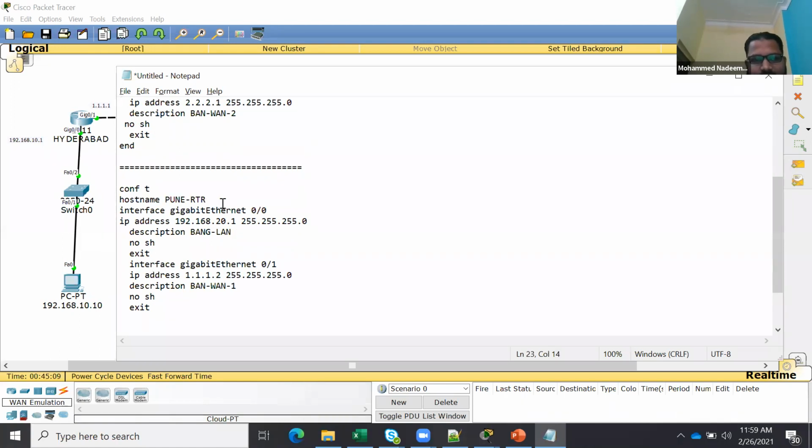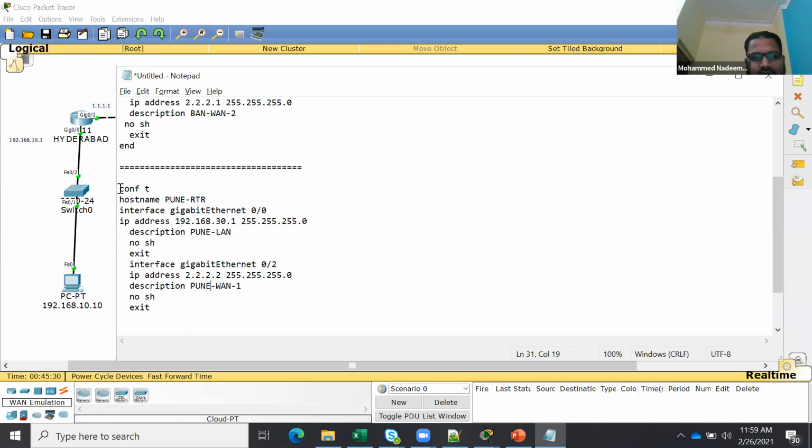Pune router. Interface Giga 0 by 0, 30.1. I will say it is Pune LAN. No shutdown, exit. Then 0 by 2, I have the IP address. WAN link is 2.2.2.2. And I will call it Pune WAN 1.